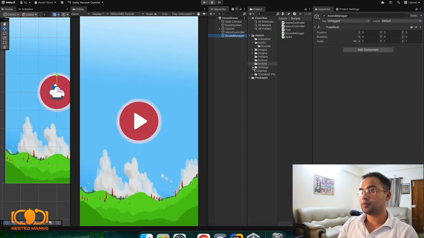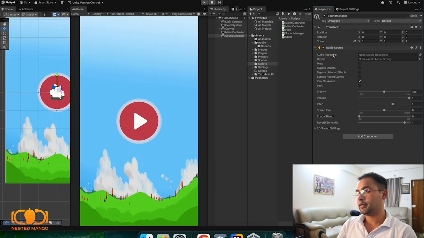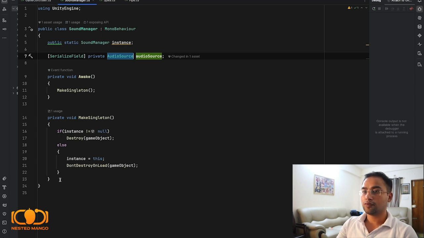So in the game object SoundManager, we need to attach this AudioSource component, and here we will attach the SoundManager script as well, right? And we will give it the reference of our audio source. Then what we are going to do,